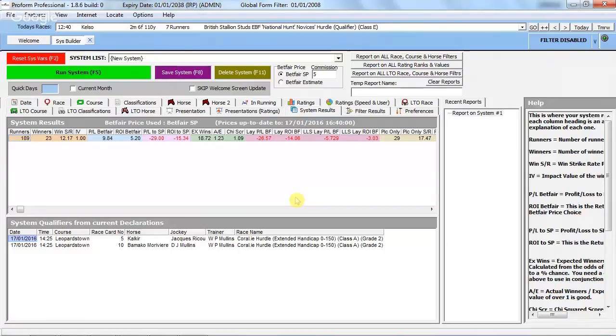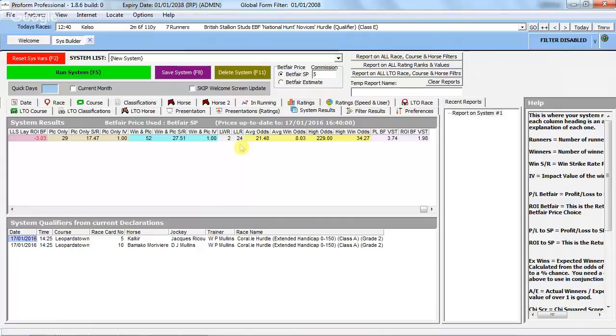A number of things I need to point out here. One of the columns that I haven't mentioned earlier on is the LWR and the LLR. That's the longest winning run and the longest losing run. And it's important to note those, because if we are going to follow the system, whether we like it or not, we are going to go through a potentially losing run. And what the system builder has told us is that for this specific system, the longest winning run is 2 and the longest losing run is 24. And this is probably where